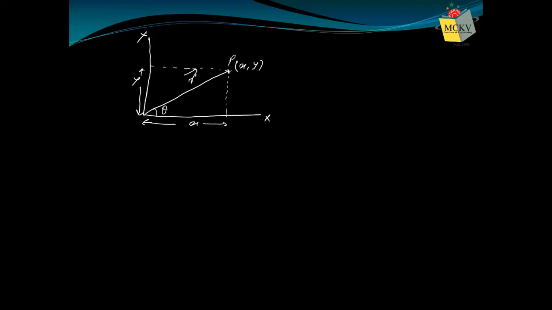Then how can I write this r? From origin O, I can go directly to P along r. So this is one way r can be written. Or I can go along x direction, how much? Small x path. That means I can go along x direction, that is i direction, x value. Say 10 meter along x direction, so 10 i cap, plus, after coming here, I can go along y direction. How much? Y value. Say 5 meter.